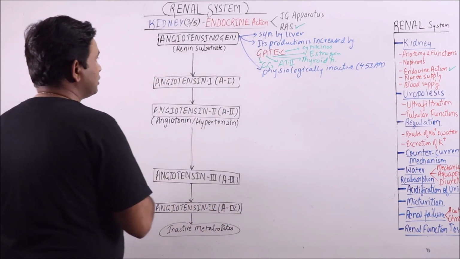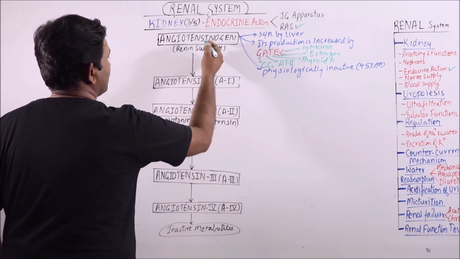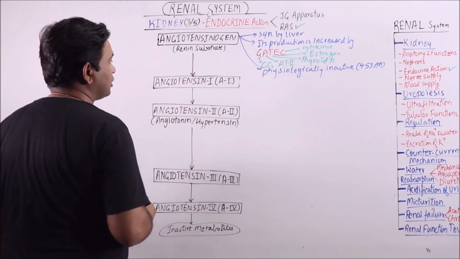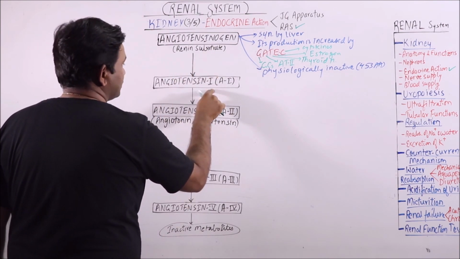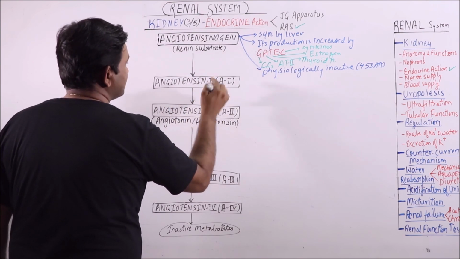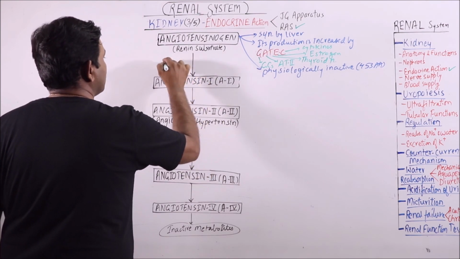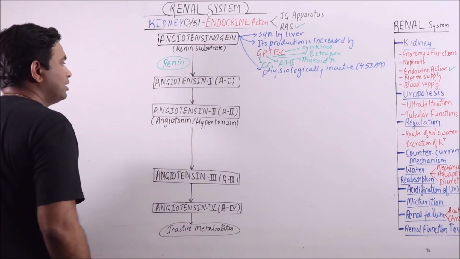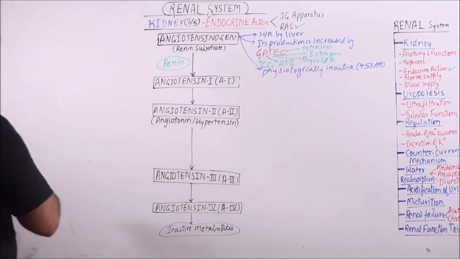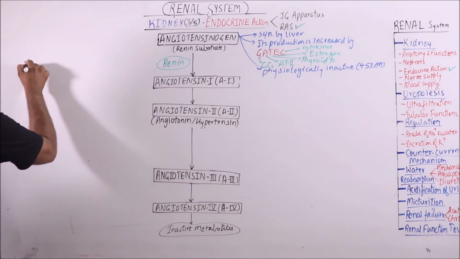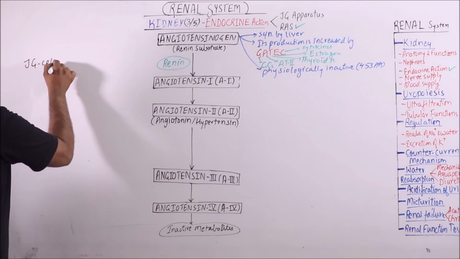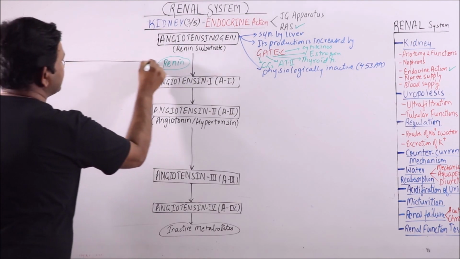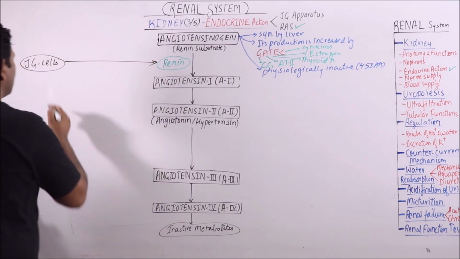This angiotensinogen or renin substrate is converted to another physiologically inactive substrate, that is angiotensin 1. This conversion is mediated by renin. Renin is secreted by JG cells. JG cells are juxtaglomerular cells,